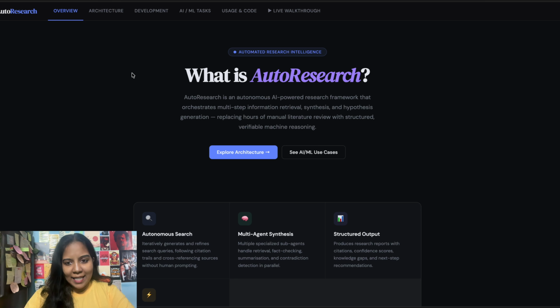auto research. As I said, it's a framework completely built for research and development. So it does everything by itself. You don't have to give any input, just the query that you need to define, and it does the entire research by itself. So the hypothesis generation, synthesis, step information retrieval, everything,